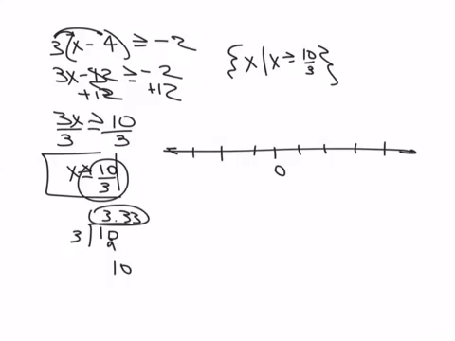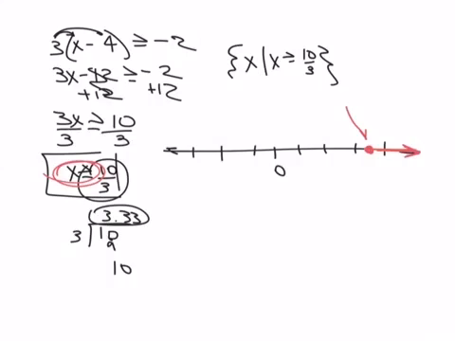You go over 3 and about that far, and it says that x is greater than or equal. So it's solid because it's greater than or equal, and it's bigger. So we just draw our line that way. This is just kind of a guess on where to put it, just so whoever's looking at this is